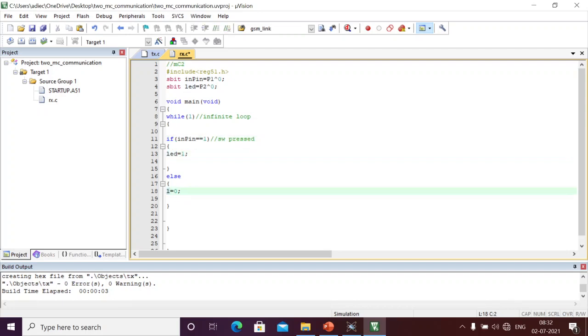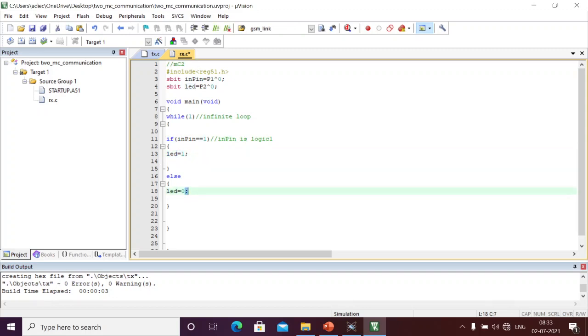Similarly, this is LED. Here, if I receive logic 1 from the other microcontroller, I will just set the LED to 1 and otherwise LED to 0.